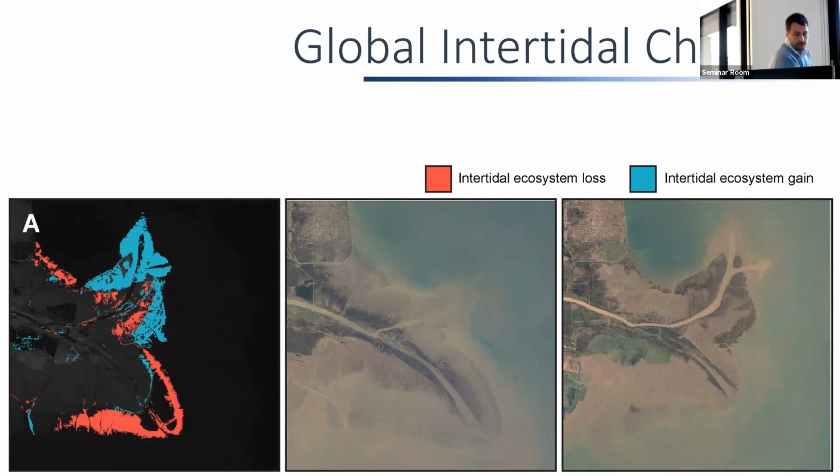What you can see here in the original satellite imagery in the center is that the old channel used to flow down to the southeast. When a new channel was developed, in the middle of the picture, this led to a loss in those salt marsh areas, but also gains as the new channel went up to the north. So you've got the red areas that have been lost and the blue areas that have been gained.